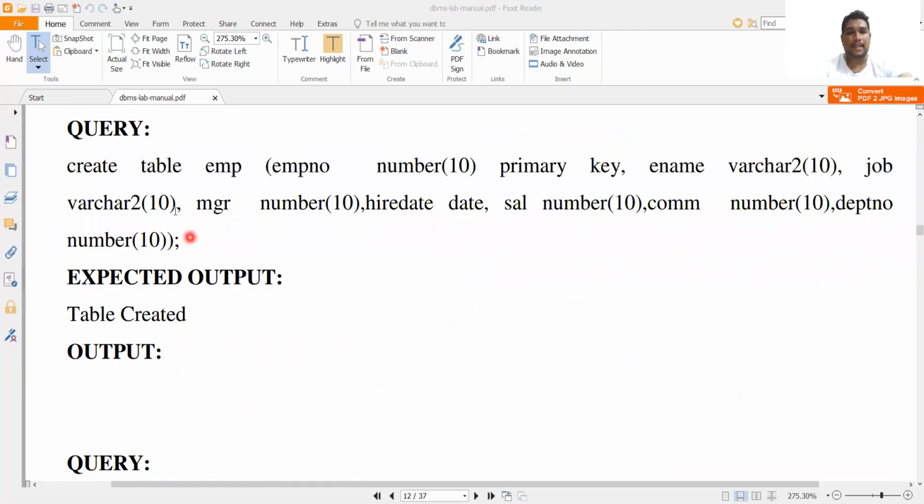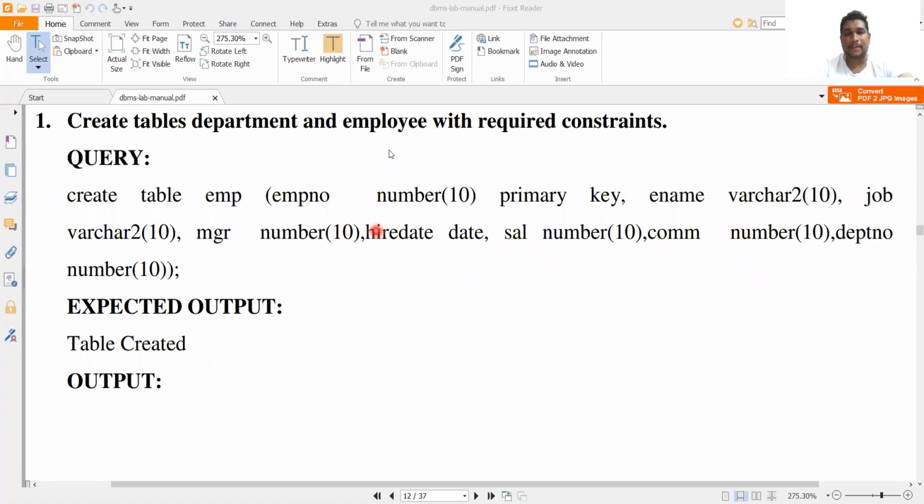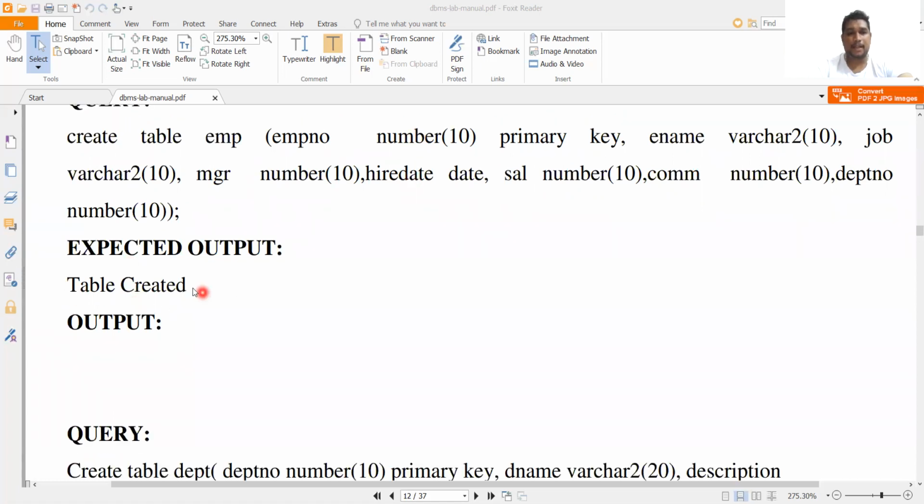In the previous concept we just gave overall data, but if you are using constraints, you have to specify the constraint type. So employee number, followed by a space, followed by the data type, followed by a space, followed by the constraint, a key constraint, so that this is unique data. Only unique values have to be given to that particular attribute. Similarly the table is created.